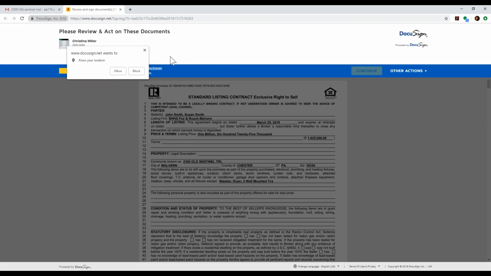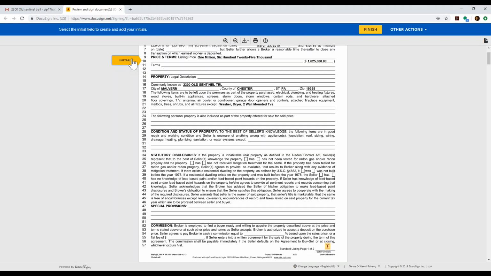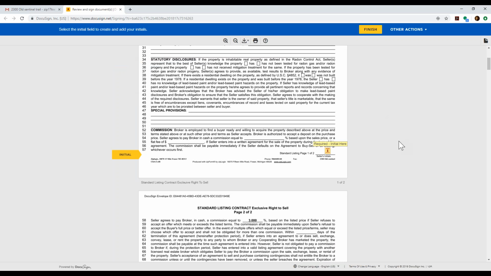We want to click on Review Documents. The first thing presented when you start signing documents is the ability to agree to their electronic records, their license agreement, or the legal consent. You simply want to click on Agree and then click on Continue. The cool thing with DocuSign is that it can start at any point by clicking the Start button. Then it immediately jumps you to the first spot where you would need to sign or initial or perform a particular task.